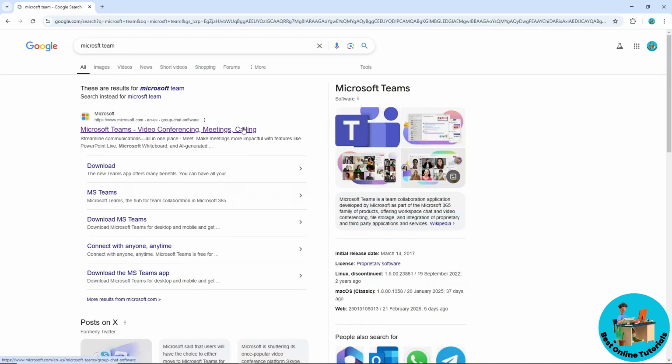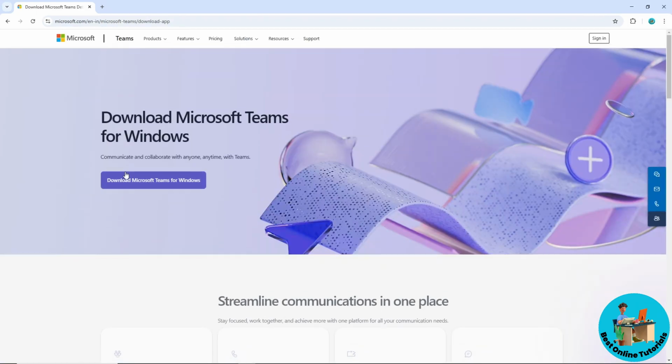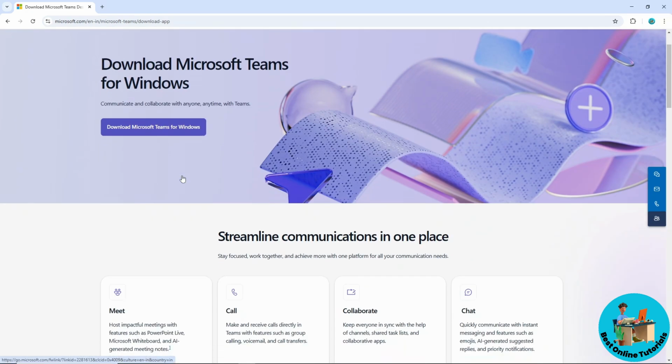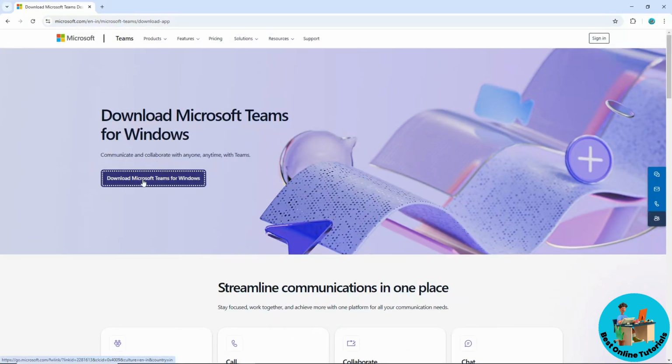And after that, you could just simply select the third one over here, download MS Teams. Just simply select this one. And now from here, you will have an option, download Microsoft Teams for Windows. Just simply click on this icon and a pop-up will show up over here, and just simply select the downloads